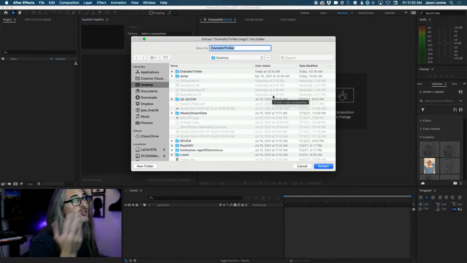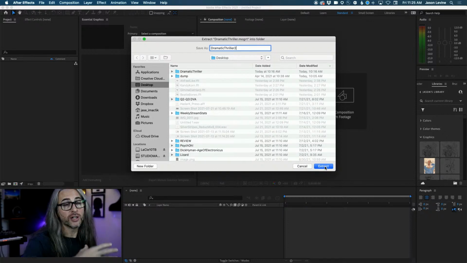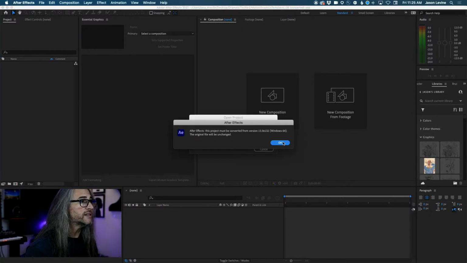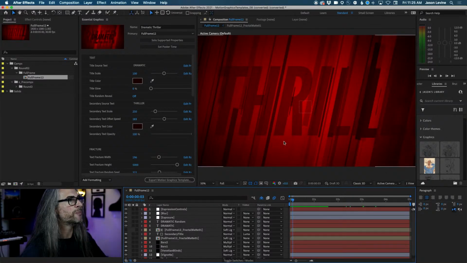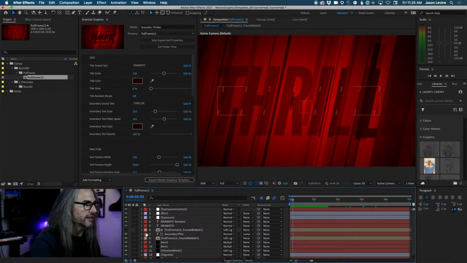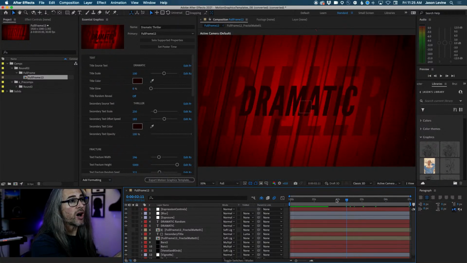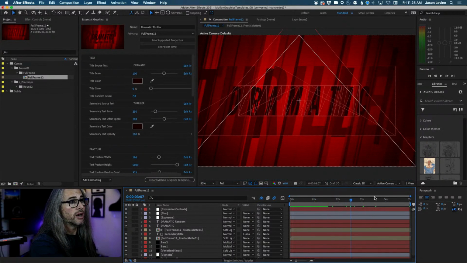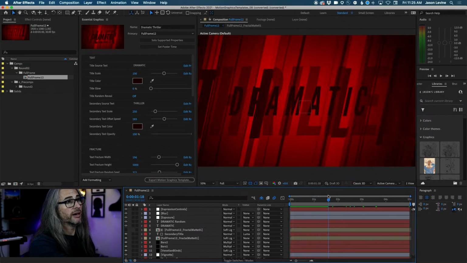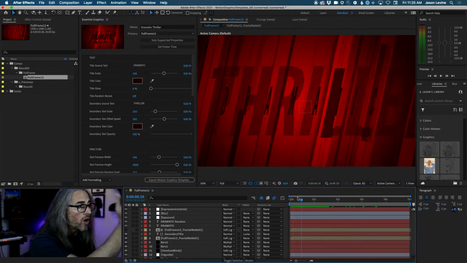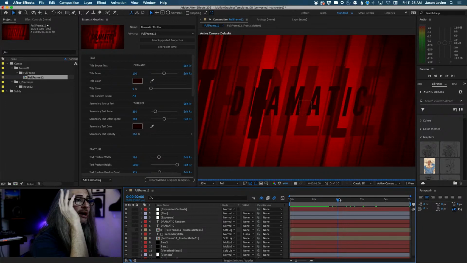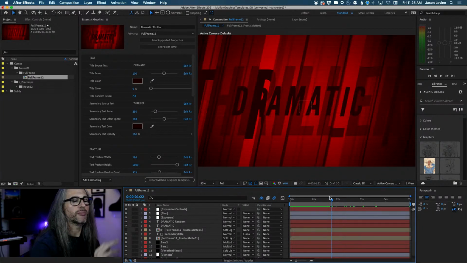Click Open. It's going to ask you where you want to save this, because it needs a folder to extract all the elements, and it says it has to convert it from an old one. And now what you're seeing in the comp is this crazy motion graphics template that someone built, a really awesome, cool animation. You're seeing the entire thing and how the whole thing was built, all of the layers, every element of this, so that you can begin to break it down, customize it,